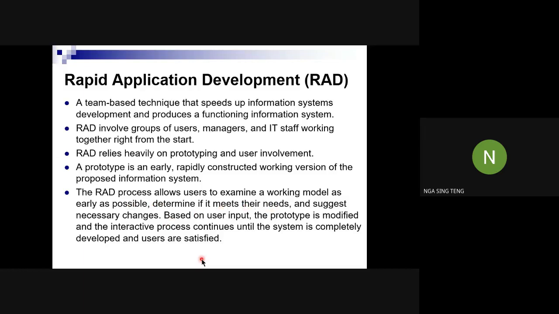Based on the user input, the prototype is modified and the process iterates until the system is completely developed and users are satisfied. Okay, so everything is user, prototype, user, prototype. The user will keep on feeding the developer feedback to improve this and that until